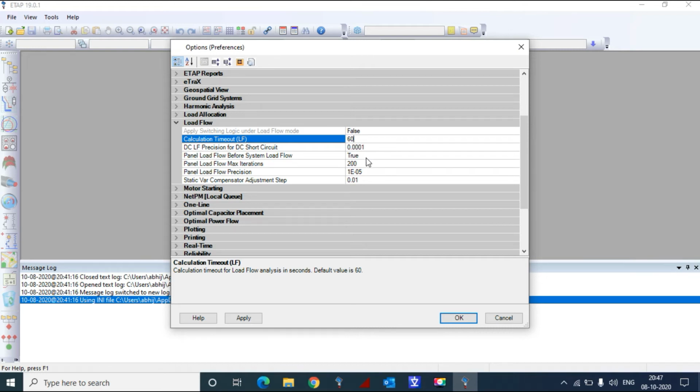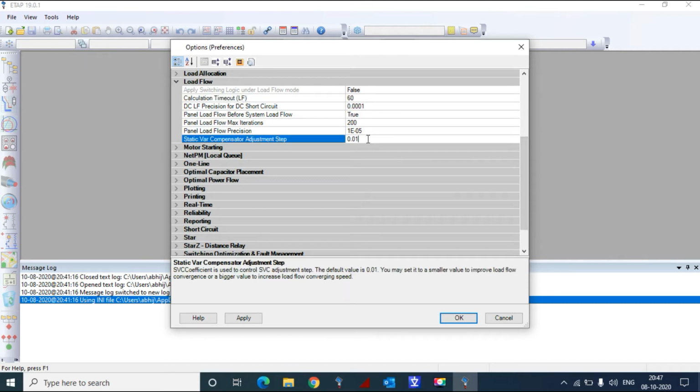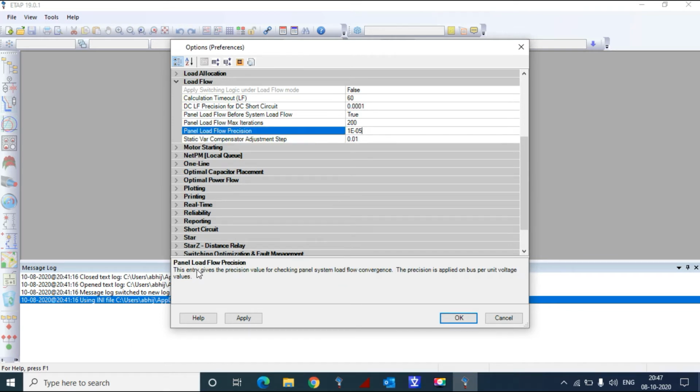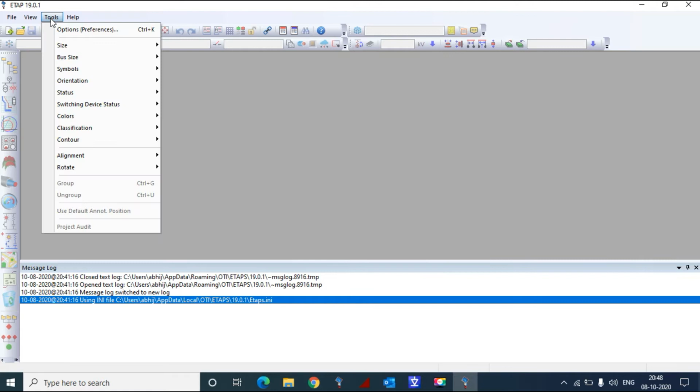What is the iteration for panel load, what is the load precision for that, and what static var compensation adjustment in a step we need to perform for PQ calculations of load flow, that also can be decided. If we click here, each time you can see what its significance or meaning is basically. So this option is also available under the tools bar.